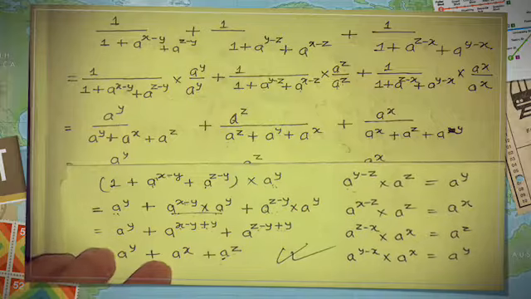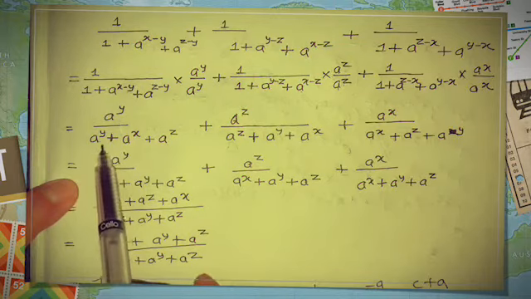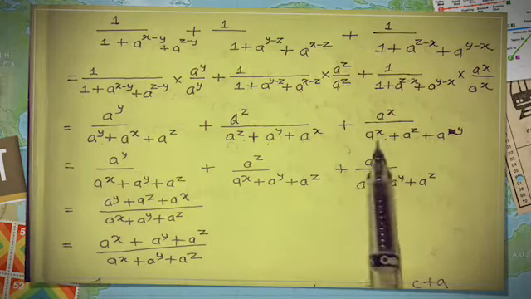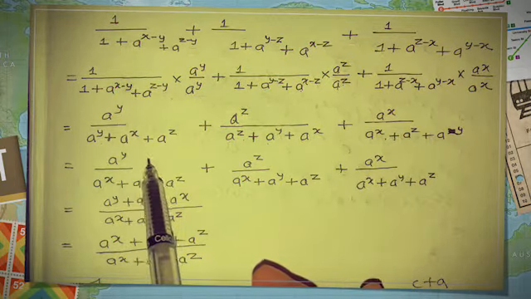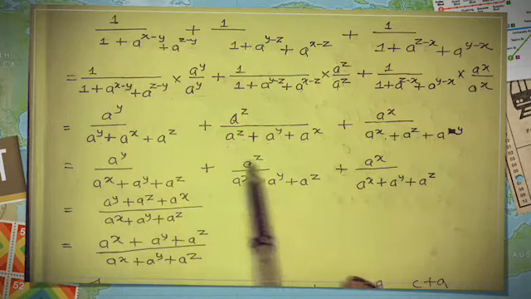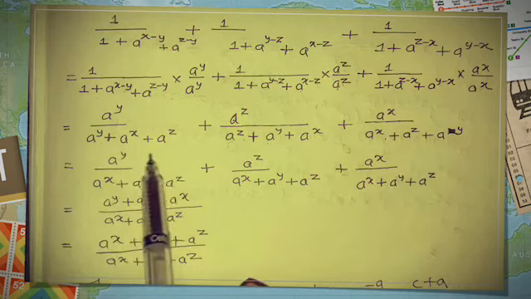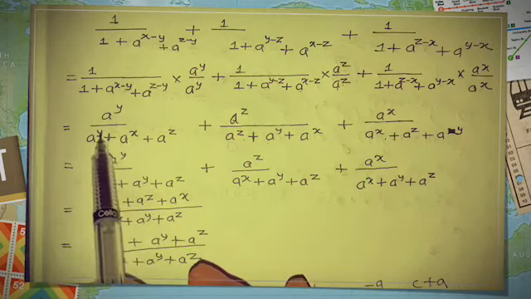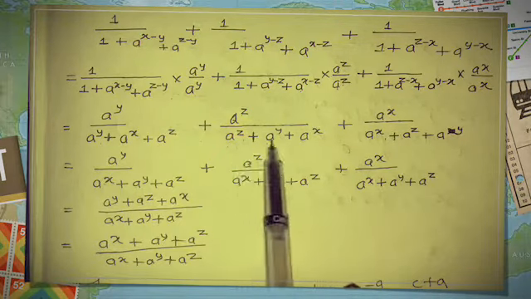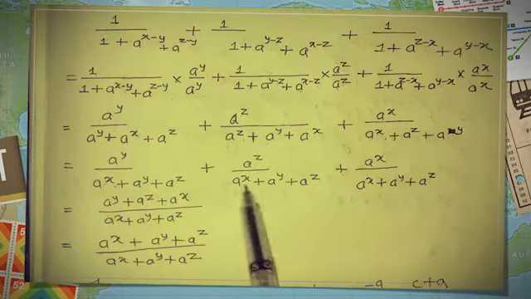You can see here also. Now after this, we have to try to make the denominators the same, because if the denominators are the same, then they can be easily added. The calculation becomes easier if the denominators are the same. For this, we just rearrange them. The x power we write first, the y power we write second, and the z power we write last. Same thing is done here. After rearranging this, we get the same denominator.